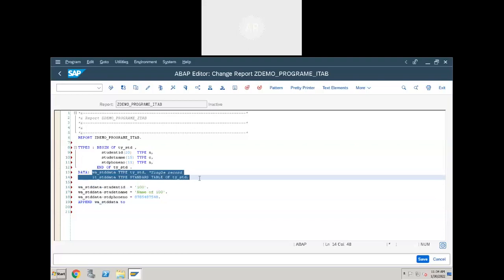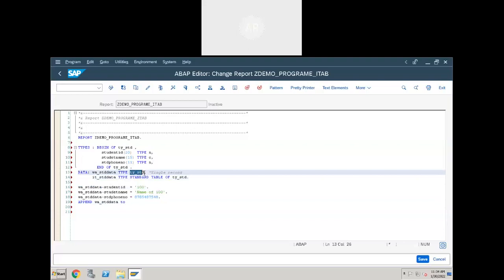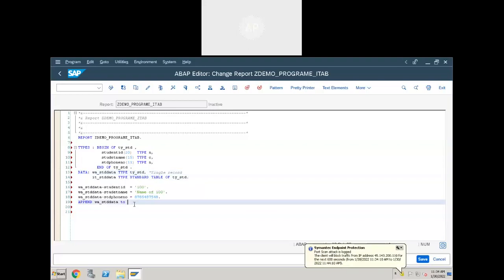Both work area and internal table type should be the same. Like here we are taking ty_std for both the internal table and the work area. Both types are the same, right? Both contain the same structures with the same fields, right? Yes, so that we can add it. You cannot add records with other internal tables which are of different types. Okay?